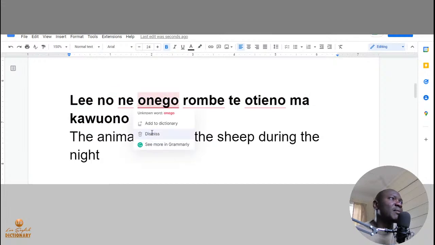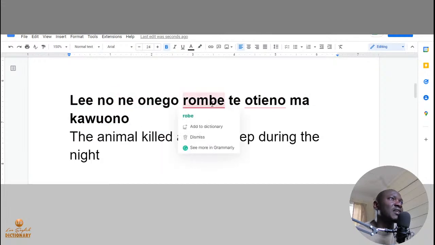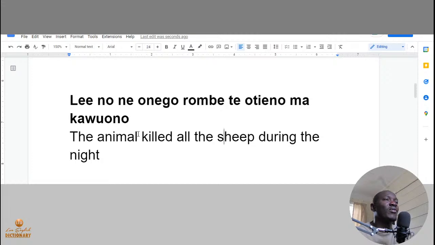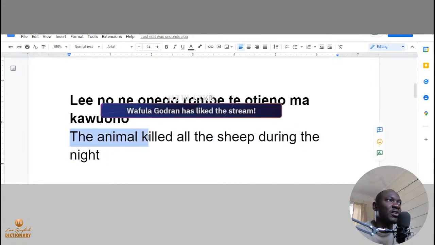So maybe it was a lion, maybe it was a leopard, maybe it was a fish, whatever animal it is. But what we know is that it killed all the sheep during the night. So leno ne onego rombe te otieno ma kawuono. Okay? Leno ne onego rombe te otieno ma kawuono. The animal, if we do not know the animal, we just say that it is the